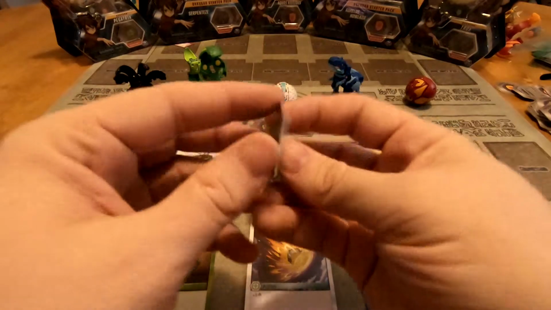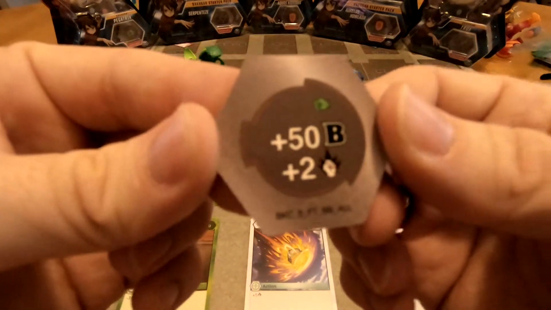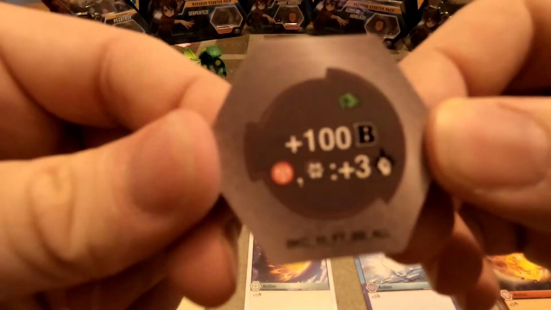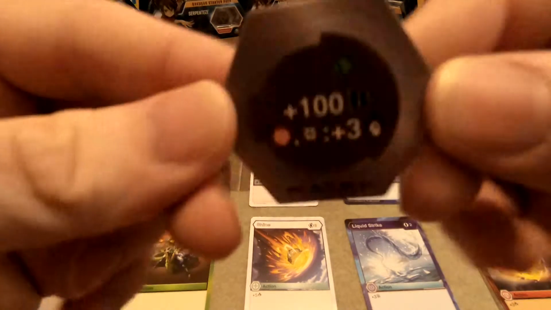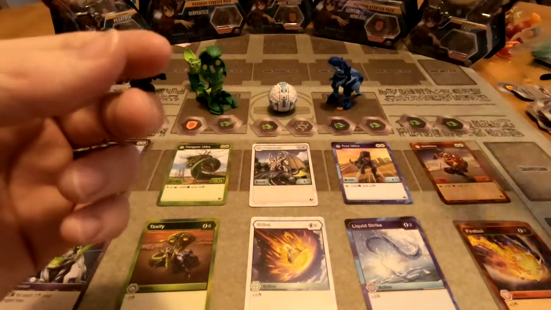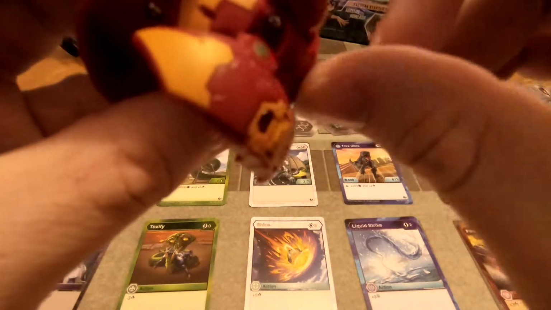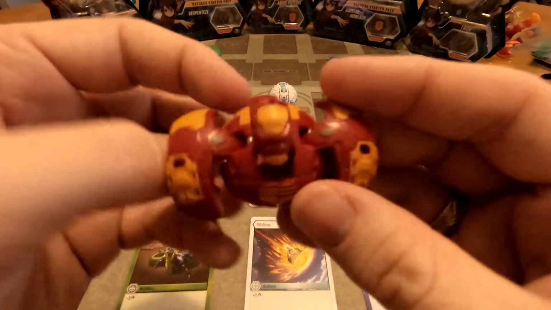His cores are plus 50B, plus 2 damage, which that's not too bad at all. It could be worse, but it could be better too. And then plus 100B, and then for Pyrus and Darkus, plus 3, which that's really good too. That plus 3. And then Gortheon himself. It seems like the spring in his head isn't that tight, but still, he definitely looks...